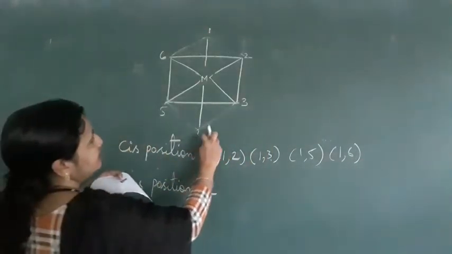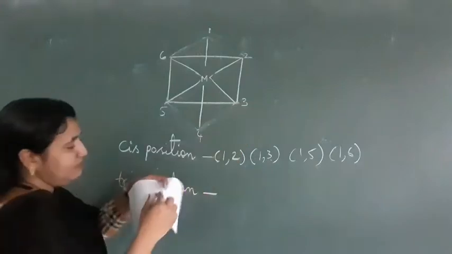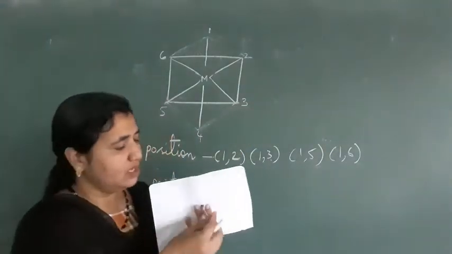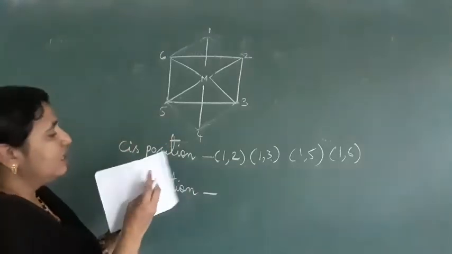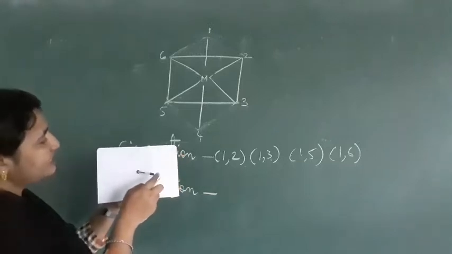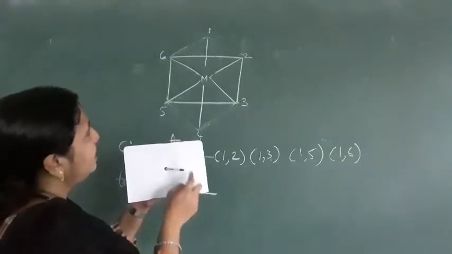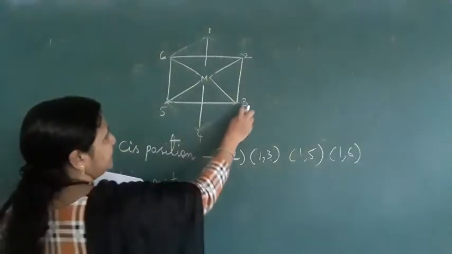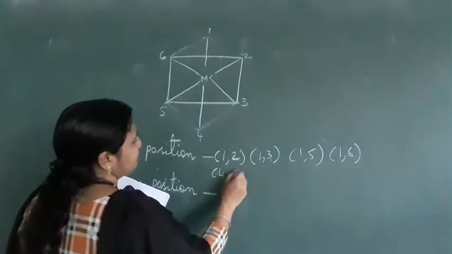Same here, this 4 and 3. Same here if you take this one now. For down the plane we have none here. So this is also the same. In this case this is 4 and 3 here. Next we will have 4 and 5 here, 4 and 2 and 4 and 1. Like this way, 4 and 3 is also a cis position.